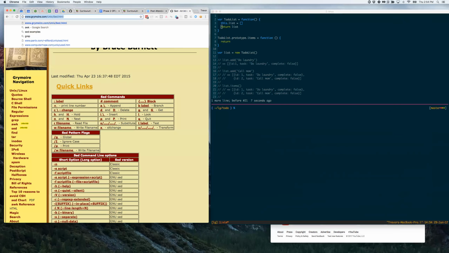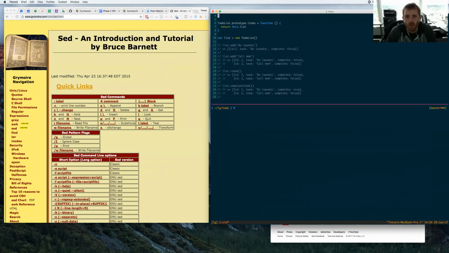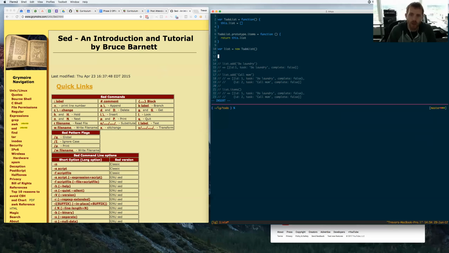I usually don't see return statements inside a constructor, because when you instantiate it, it adds an implicit return statement. Right, yeah. So you don't need the return. And then in your items list, if you would just return this dot list. So if we logged that out, that's the simple one, right? And then you can just add your other